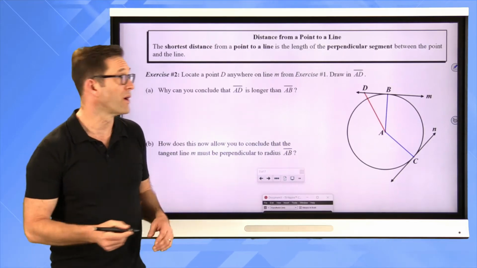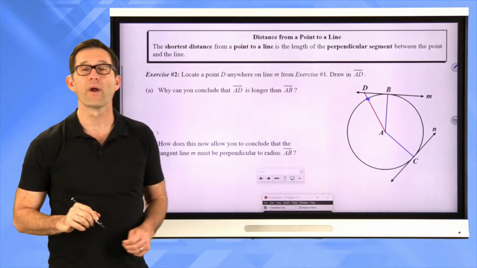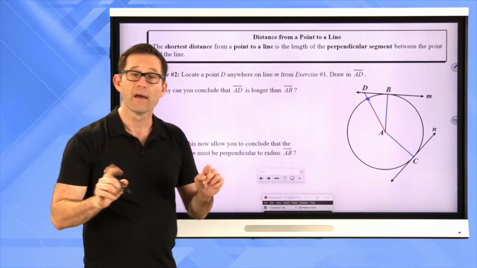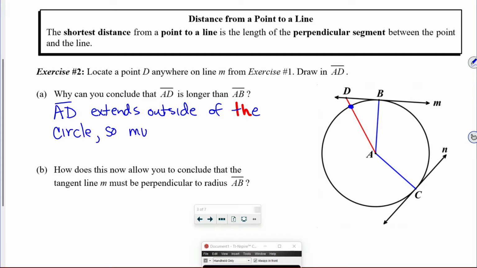Well, it's pretty simple, right? If you think about it, I could put another point on right there. It goes like this: AD extends outside of the circle, so it must be longer than any radius